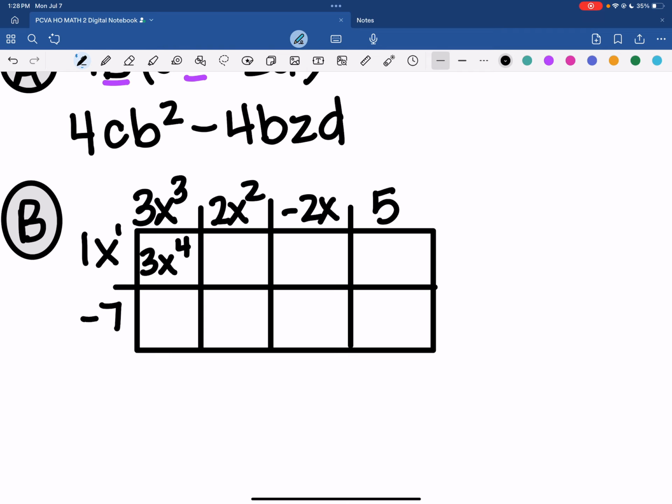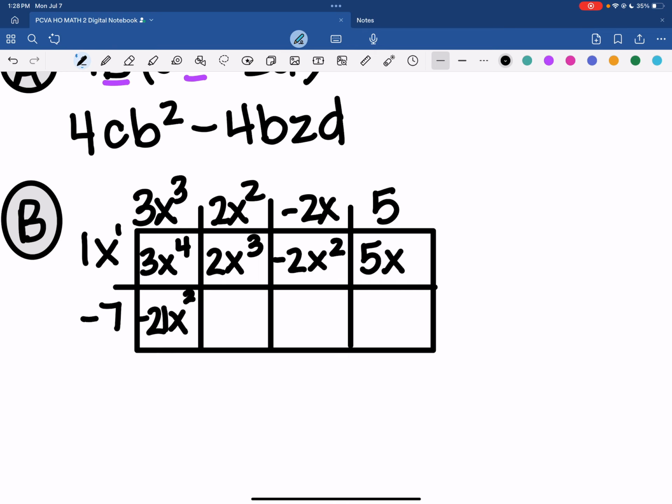Then I'm going to go to this one. So we're going to multiply those together. That's going to be 2x cubed, because we had an x on the 1 and then 2 x's on the 2. So then we got -2x squared, and then 5 times 1x is just going to be 5x. There's no x's to combine together, so we're just going to bring that 1x over. Then I'm going to go to the next row. So this is going to be